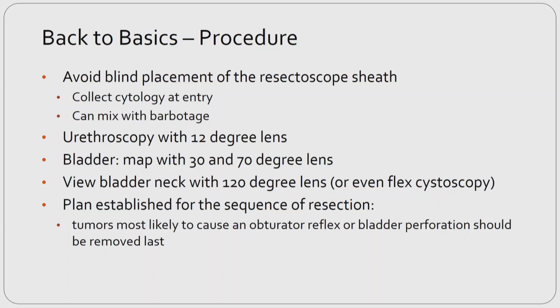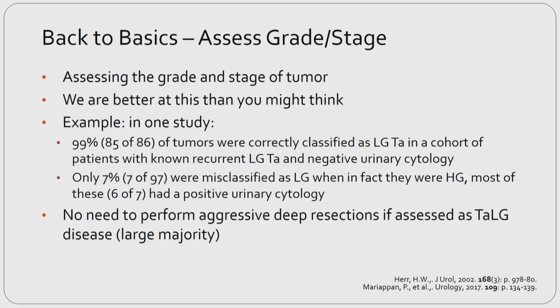So clearly, we need to look at the corners that are not visible just with the 12 or 30-degree lens. Assessing the grade and stage is something that we are very good at doing, and it's important to do when you're performing the TURBT, because that helps us decide if we're going to use perioperative gemcitabine or mitomycin in everybody, or are we going to subject these patients to a deep resection if we think they're high grade,